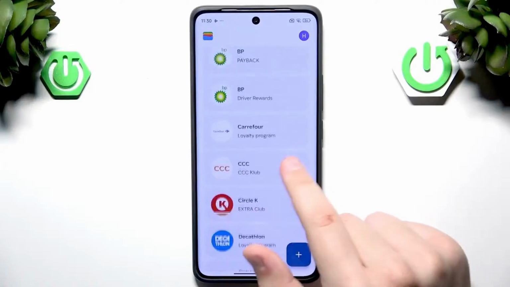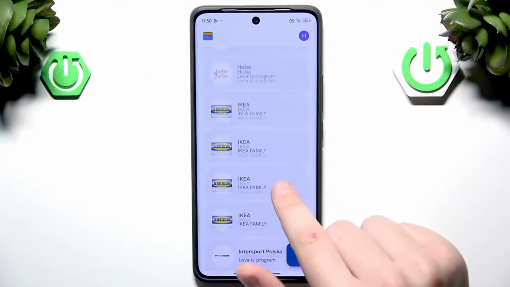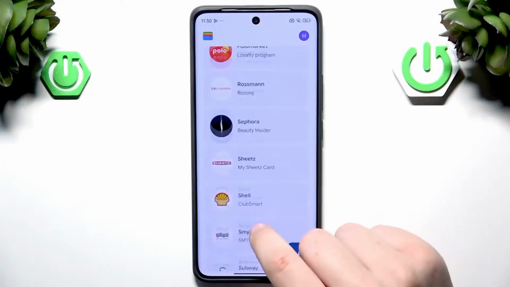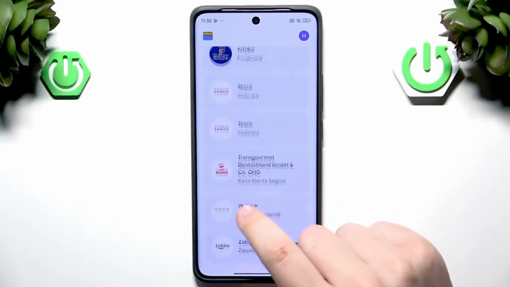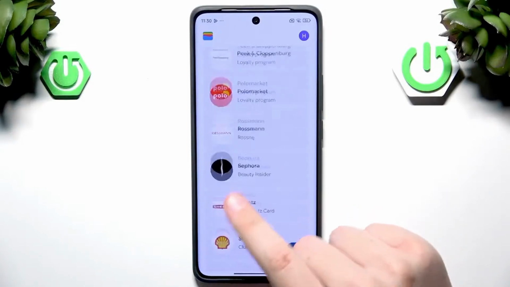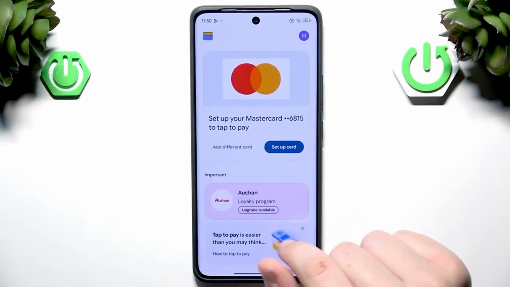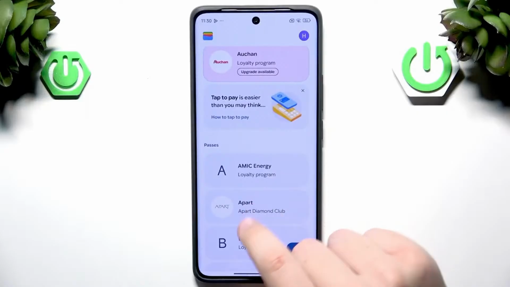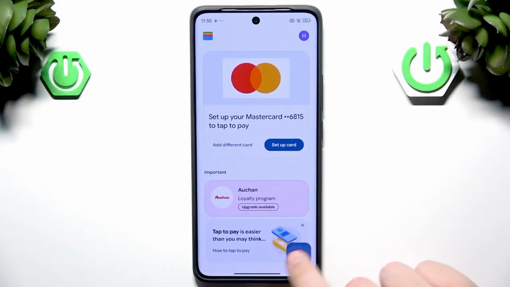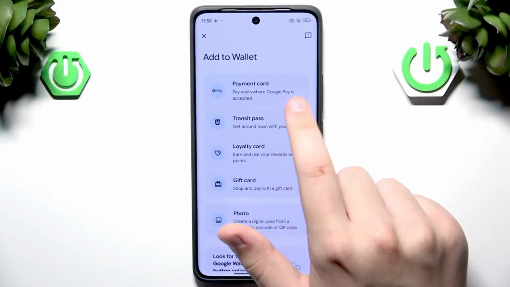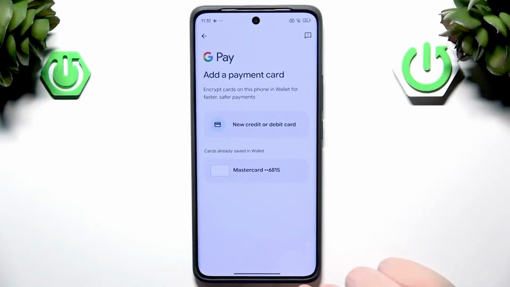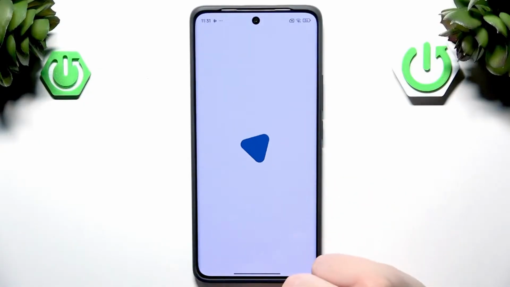Here we have the loyalty programs, the clubs, the cashbacks, and everything. It's all dependent on the region. So for an example, if you don't have something right here that I do have, then I probably don't have something that you do. So do not mind this. Just click on a plus right here, and if you want to add a payment card, you click the first option. Here we can click new credit or debit card